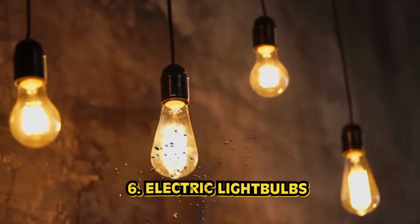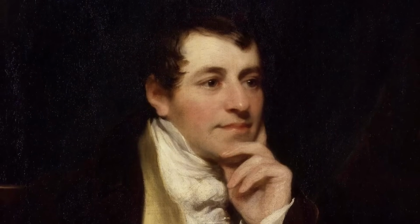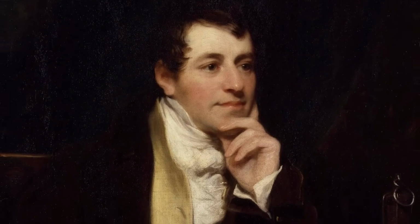Number 6, electric light bulbs. This one here, yeah, it's a bit important, I guess. Without light bulbs, well, you wouldn't be able to see my pale Victorian era complexion right now. But now we got 1,000, so you can see every imperfection on my face. But thanks to Humphrey Davy, the world is a little brighter with electric light bulbs. Humphrey Davy was a British chemist, and he was famous, of course, for inventing the very first electric light in 1802. He created a battery-powered arc lamp, which consisted of 2 charcoal rods that were connected to a battery and